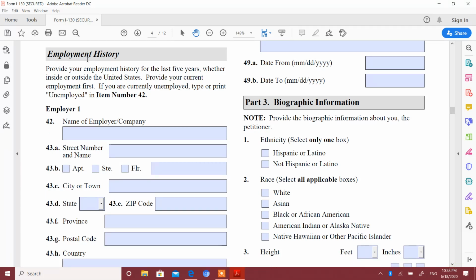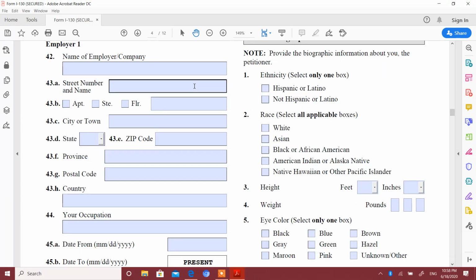The next section is employment history. Provide your employment history for the last 5 years. You need to provide it starting with the most current one. So in here: the name of employer or company, street address, apartment, suite or floor, city or town, state, zip code,